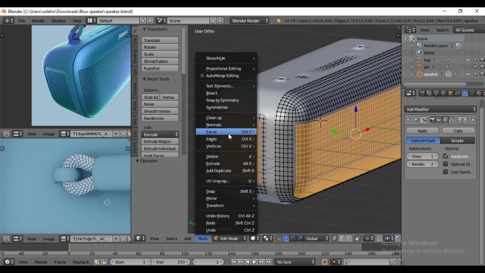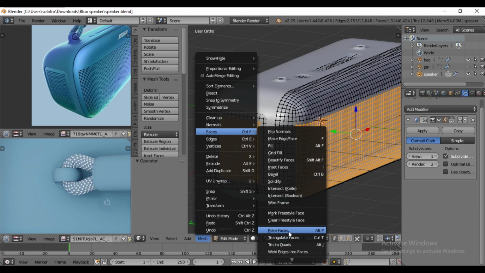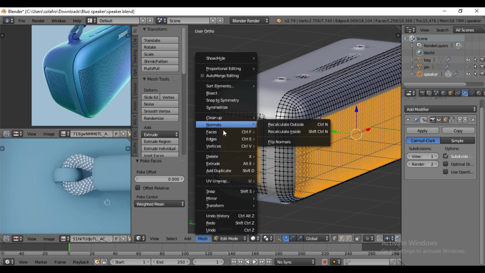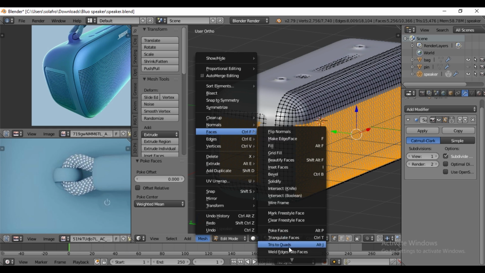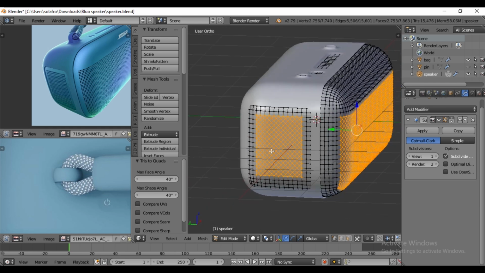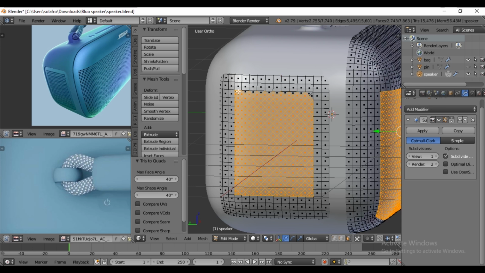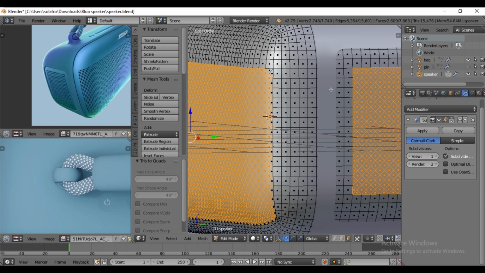Go to Mesh, select Faces, then choose Poke Faces or hotkey Alt P. Again go to Mesh, select Faces, then choose Tris to Quads or hotkey Alt J. Remove unwanted tri faces by pressing Shift Alt. It is very tedious, so if you have any easier method, please tell me in the comment section.